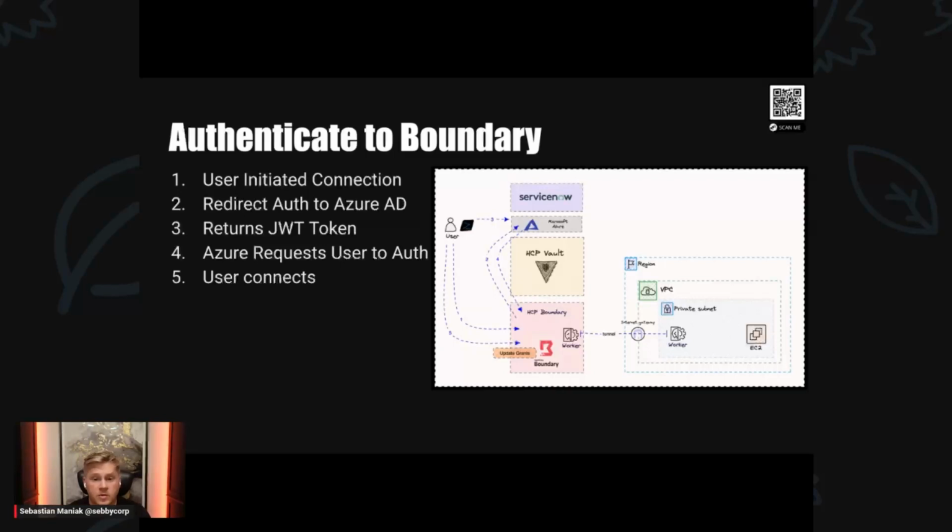They're going to try to connect to Azure AD. So they're going to initiate that connection. They're going to redirect the auth to Azure AD, which is going to return that JWT token, which then Azure requests the user to authenticate, and the user connects. Once that user connects